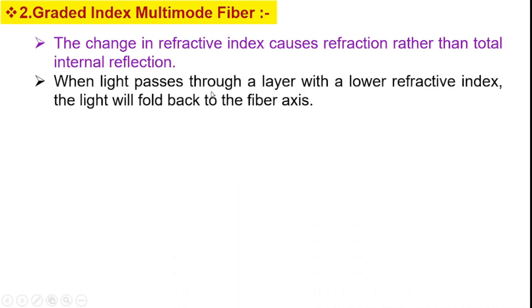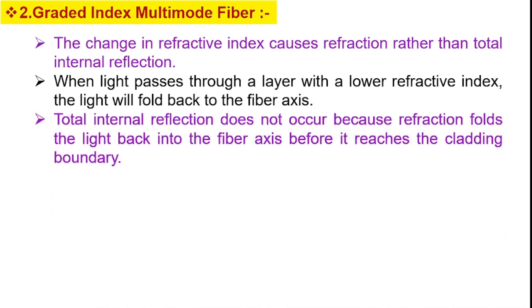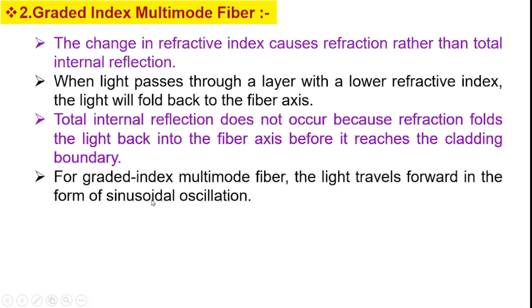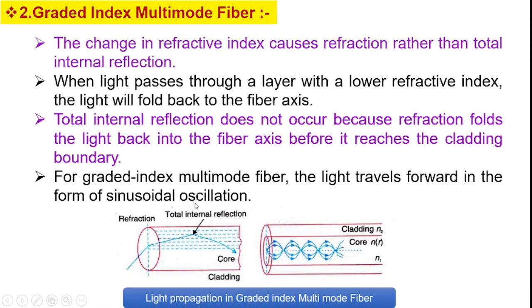When light passes through a layer with a lower refractive index, the light will bend back to the fiber axis. The total internal reflection does not occur because refraction bends the light back into the fiber axis before it reaches the cladding boundary. For graded index multimode fiber, the light travels forward in the form of sinusoidal oscillations, and